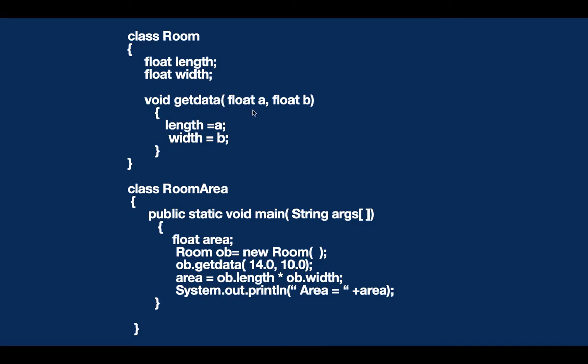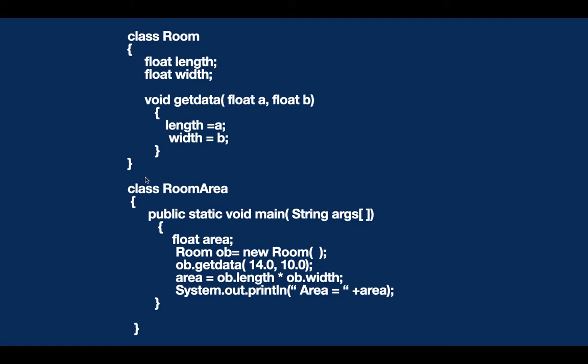All right, so when this method is called, the arguments passed for a and b will finally assign their values to length and width. So this is the end of this method. This curly bracket is closing, and finally we are closing this class also. So what does this class contain? This class contains basically three members: two variables, length and width, and one method called get data, which is providing the data to the two variables length and width.